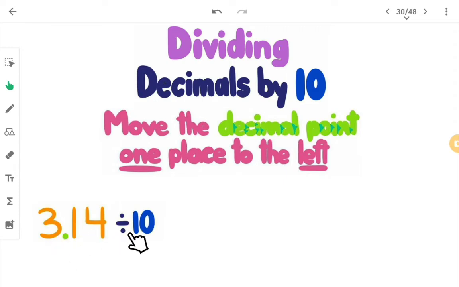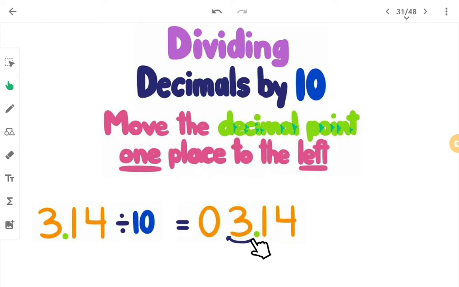The same example I have taken. 3.14 divided by 10. So here how many zeros? 1 zero. So I want to move the decimal place towards where? Left. Don't go to the right side. If you are moving a decimal towards the right, it will become a multiplication, that is multiplying a decimal by 10. Now we are dividing a decimal by 10. Okay. So I am moving the decimal towards the left. Okay. How many places? 1 place. Then you will get